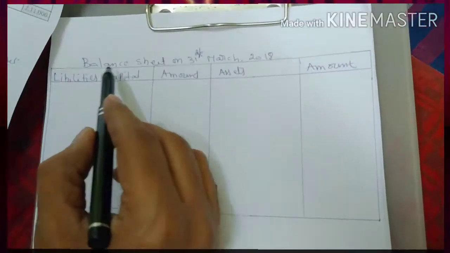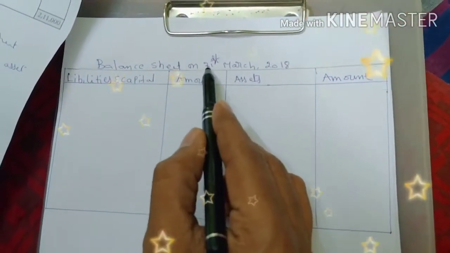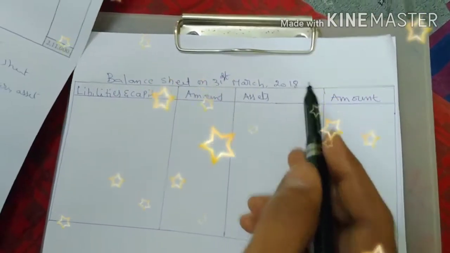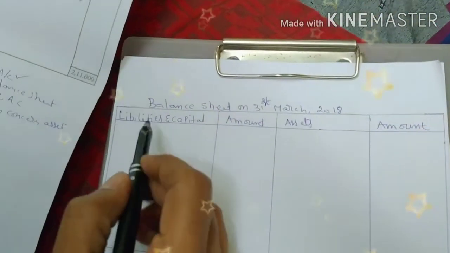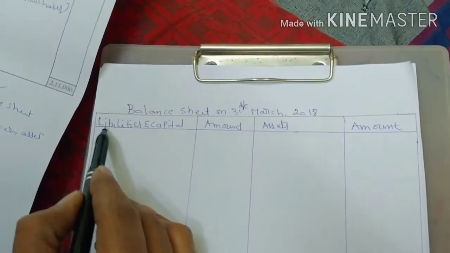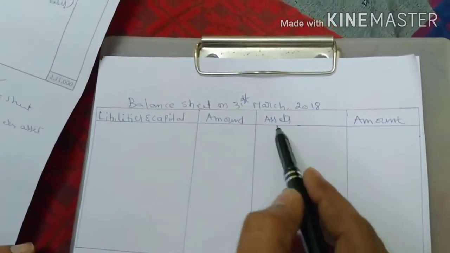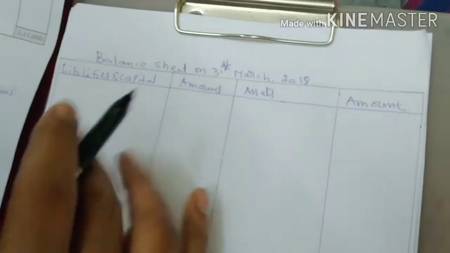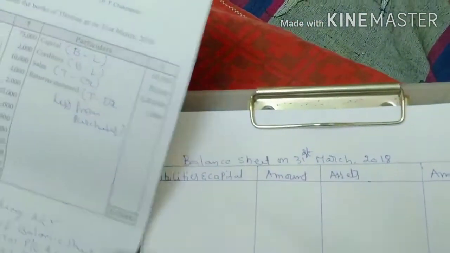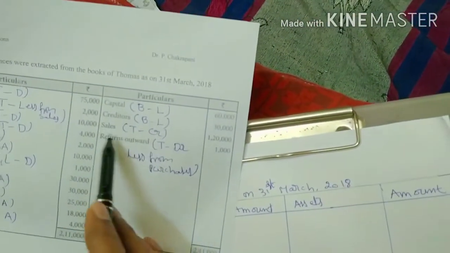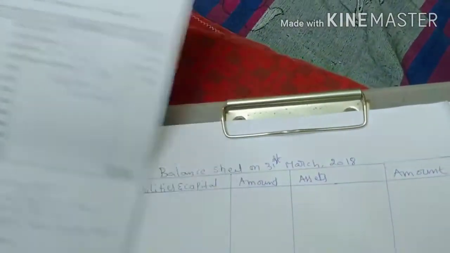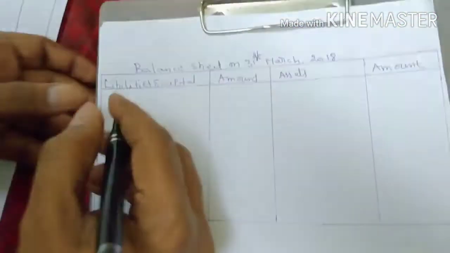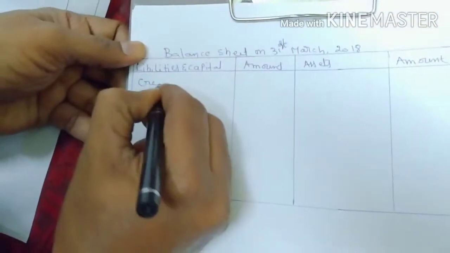Now we are going to prepare the balance sheet as on 31st March 2018. So here in the balance sheet, there is no debit, no credit. Liabilities and capital on the left side, assets on the right side. Likewise we should mention. Now you can go with the problem where the balance sheet is there. First we will complete the liabilities side: capital, creditors, sales returns. First one we'll post here, creditors, balance sheet, liabilities, creditors,